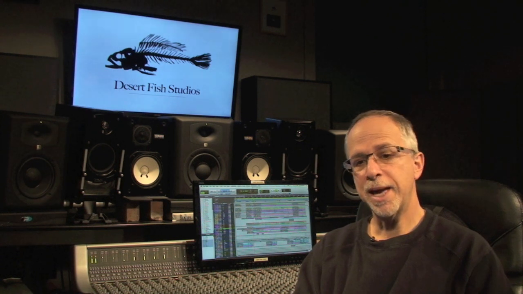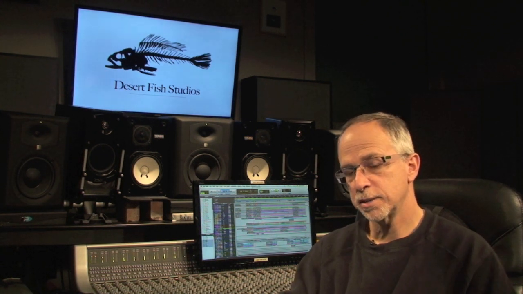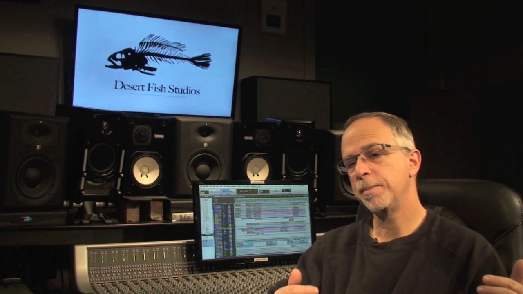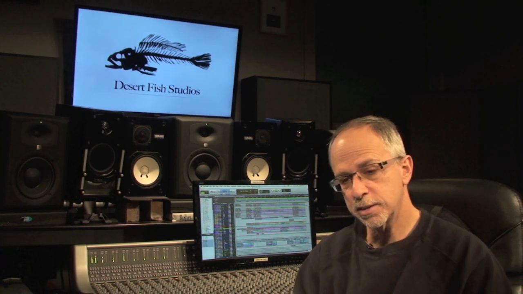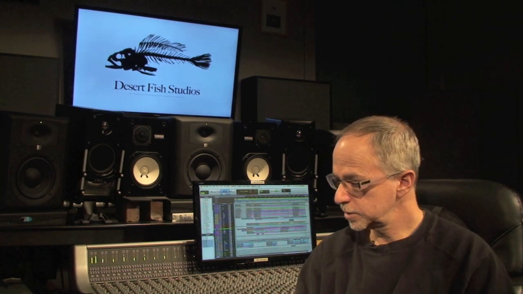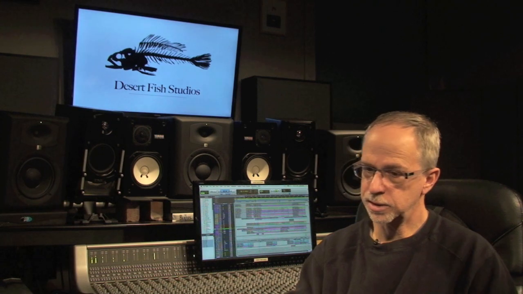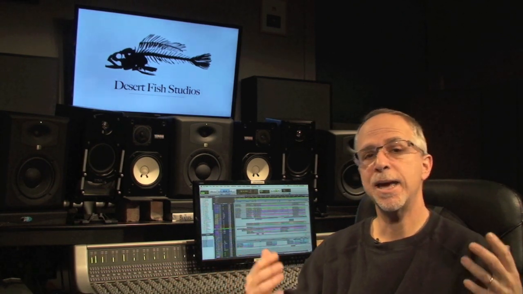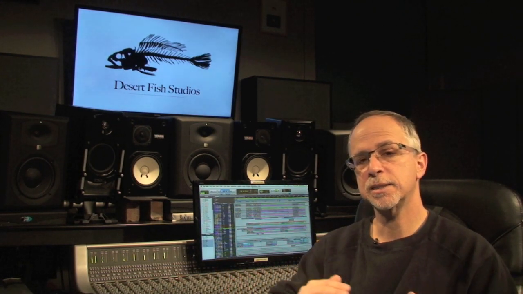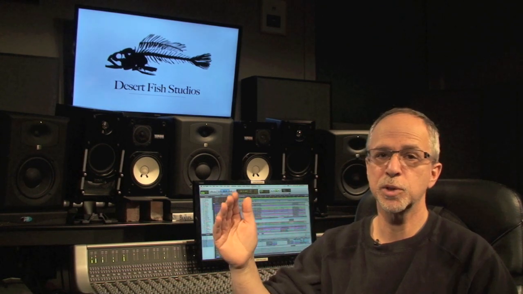All right, talk about mastering, we're talking about the end of the process. So let's go backwards. When you talk about mastering, you've got to talk about loudness. When you talk about loudness, then we have to talk about dynamic range. Let's say that that's the difference between the loudest parts of the recording and the quietest